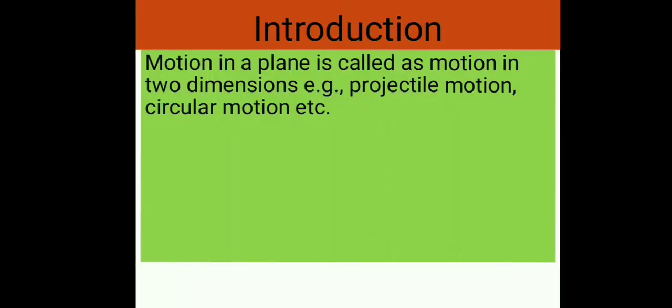Introduction. Motion in a plane is called motion in 2D. Examples are projectile motion, circular motion, etc. In order to describe the motion of an object in 2D or in 3D, we need to use vectors to describe the above mentioned physical quantities. Therefore, it is first necessary to learn the language of vectors. As a simple case of motion in a plane, we shall discuss motion with constant acceleration and treat in detail projectile motion and circular motion.